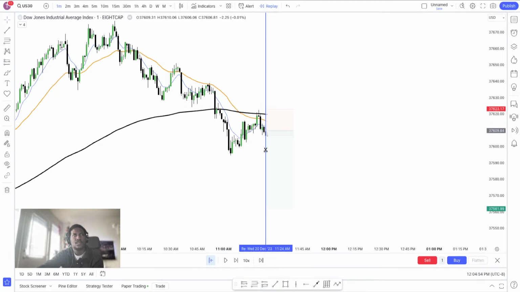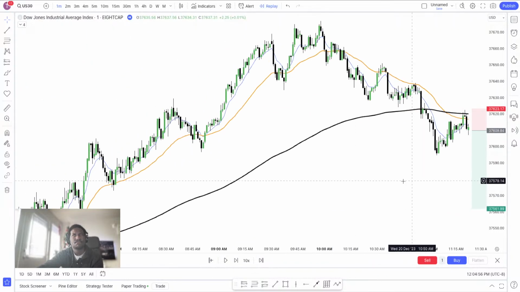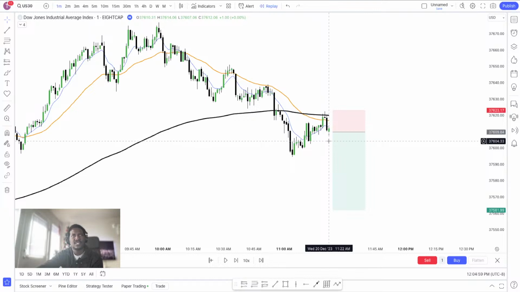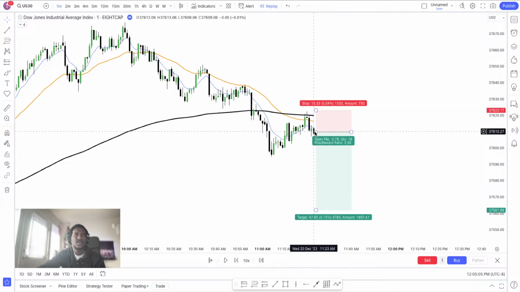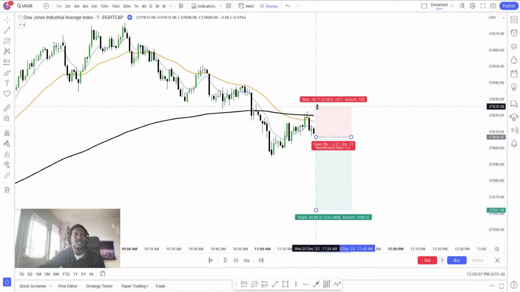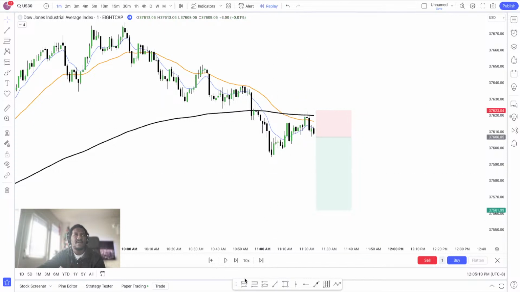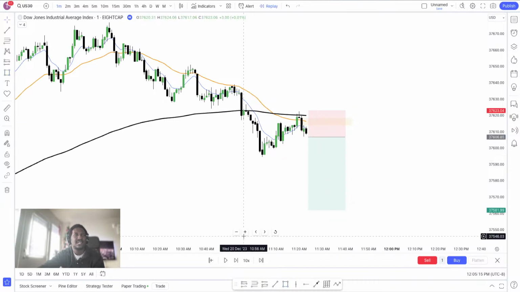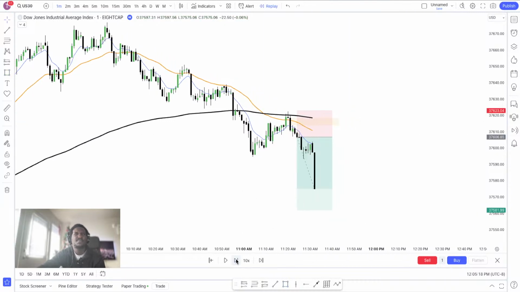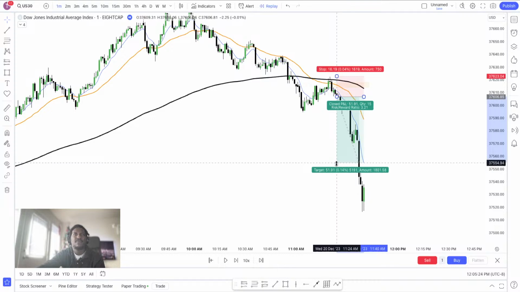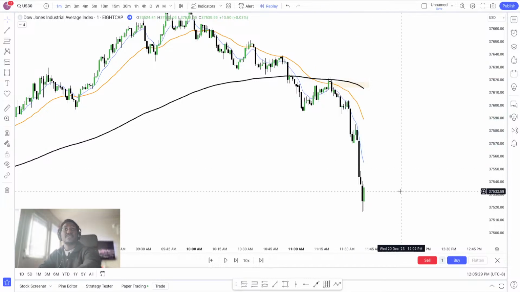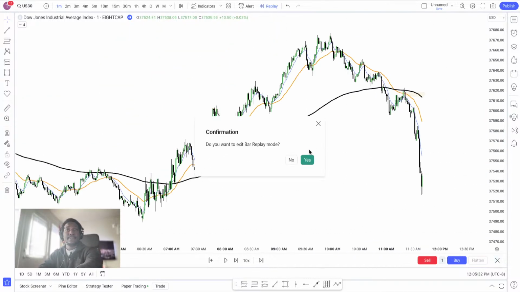So maybe I would have done something like, instead of just entering on one of these candles, I would wait for a swing low to happen, kind of like this one, and then have my sell stop down there and my stop loss up here. There's a fair value gap right there. If you want to combine that with fair value gaps, just make sure you're in the trade, because sometimes those fair value gaps are just left open. And for me, I would never take anything less than 1:3. So that would have been a good win for the day.